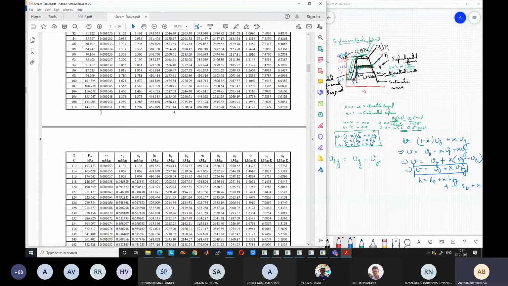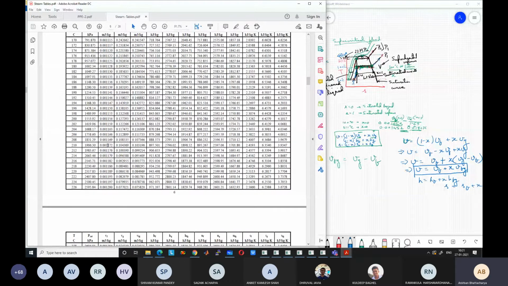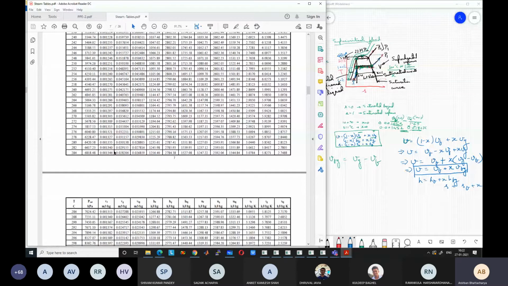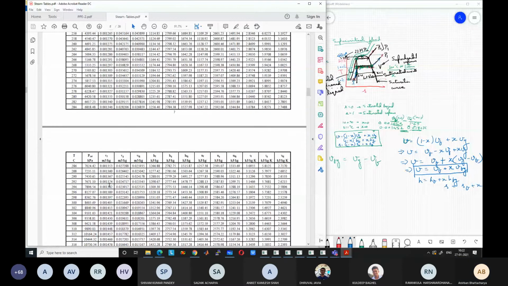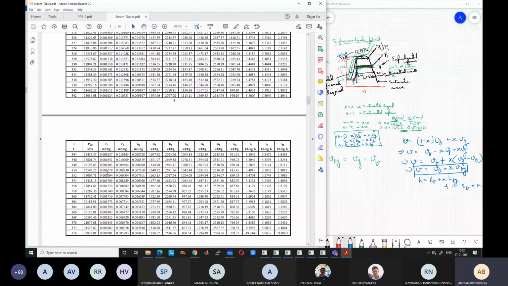But when you go to very high temperatures, suddenly it starts changing drastically. Still at 200 degrees centigrade, it is 0.001 and some small values have changed. But now you go to 300, 0.0014, it has started increasing. At 350, 0.0016, then it will rapidly start increasing, 0.0018, and this final value is not given here.